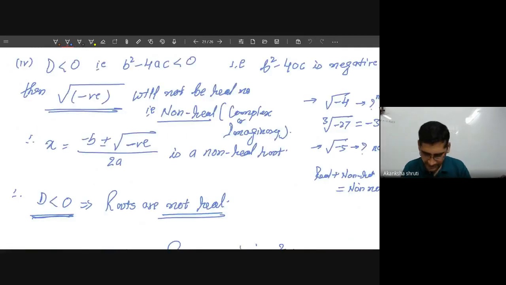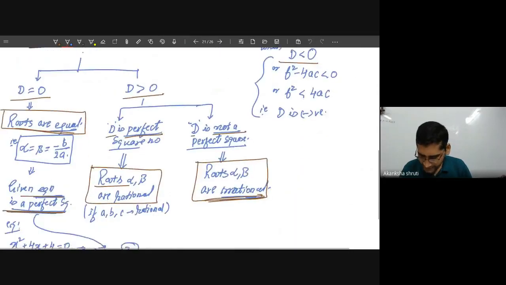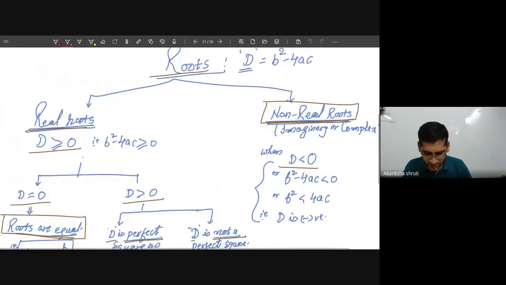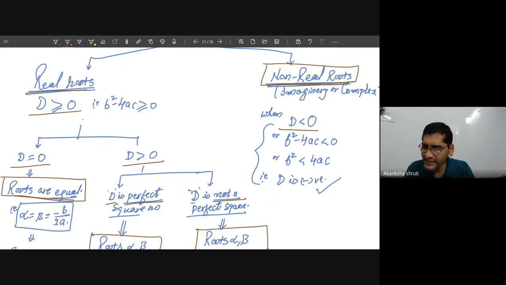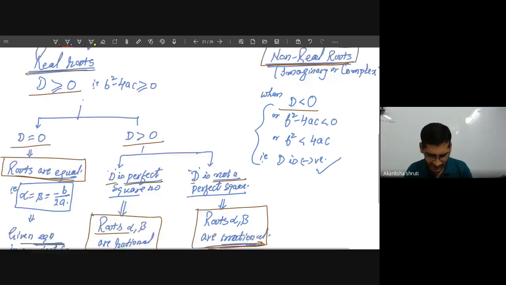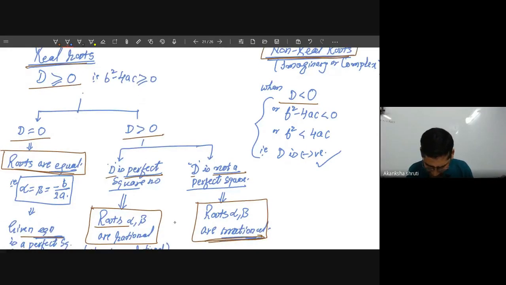Last day we have discussed. Student, the entire chart was like this one. So roots can be real or non-real. For non-real, the condition is very simple. D is less than 0, means b square minus 4ac is negative. For real root, d is either greater than 0 or equal to 0. If it is coming as equal to 0, then the roots are equal. But if it is greater than 0, then again it could be a perfect square number or may not be a perfect square number. So if d is equal to 0, the roots are equal, and these two roots can be calculated